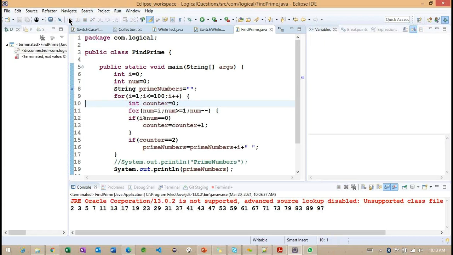So any questions? The final output. So this is up to 1 to 100. These are the prime numbers. Getting the point? Any questions?